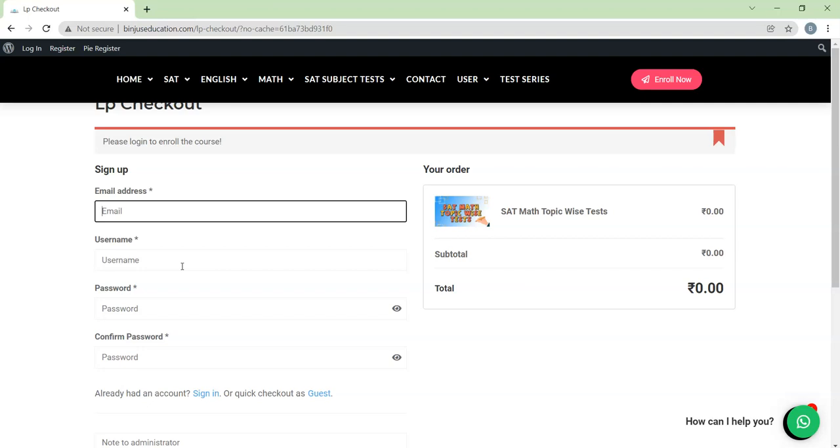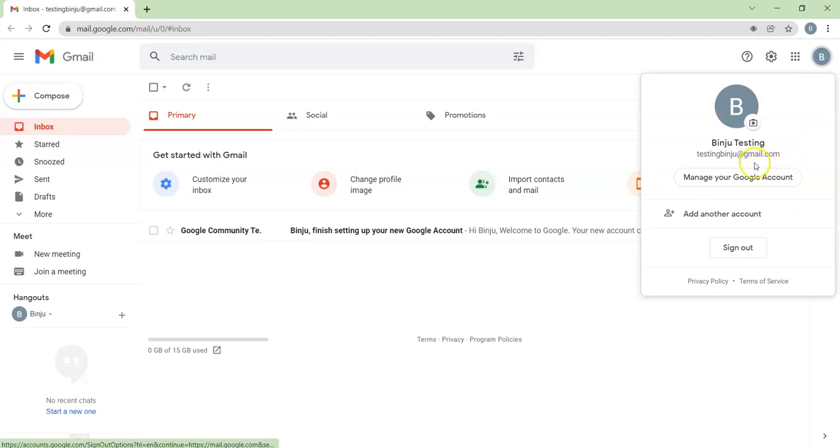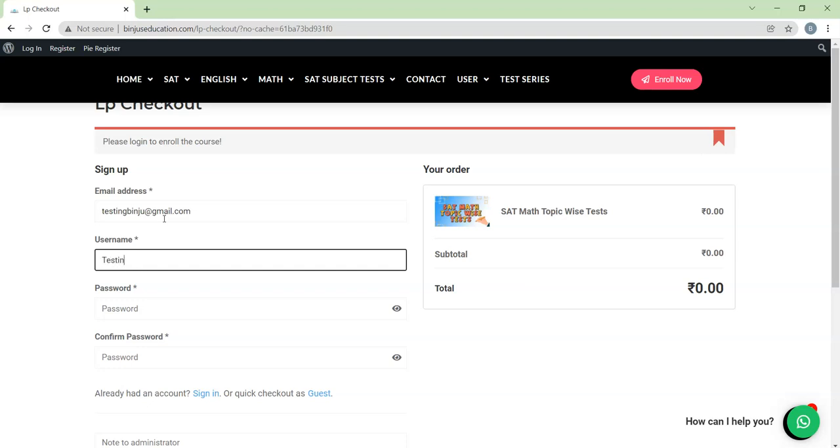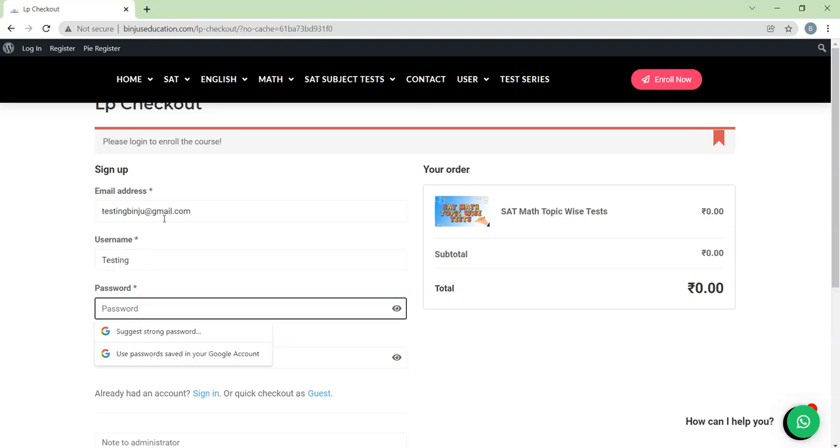Then whatever your email ID is, let's say I have made a new email ID for this, so let me check it. This is testing Binju. Whatever username you want to have, whatever password you want to have.